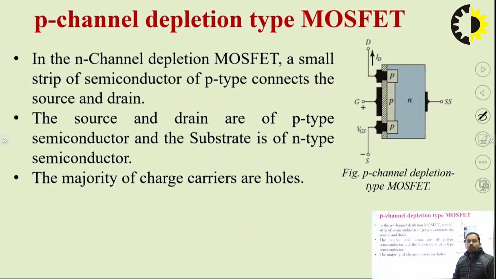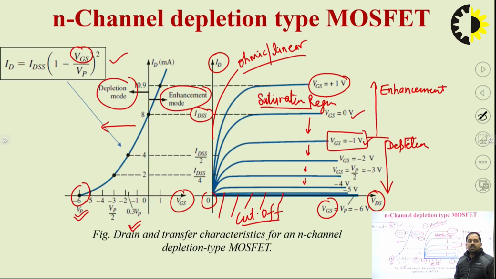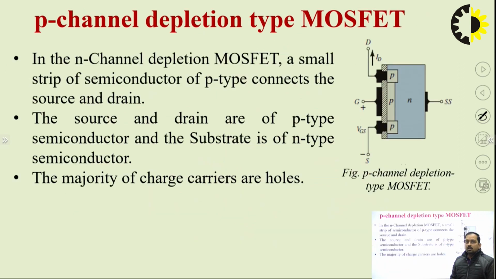Now before starting with the P-channel depletion type MOSFET, what we can observe for the N-channel is that if VGS was negative, then current ID decreases, and when VGS is positive, the current increases. So what will happen for the P-channel depletion type MOSFET? We'll see the construction part first. In the P-channel MOSFET, what we are having,